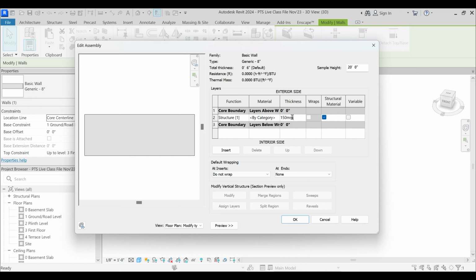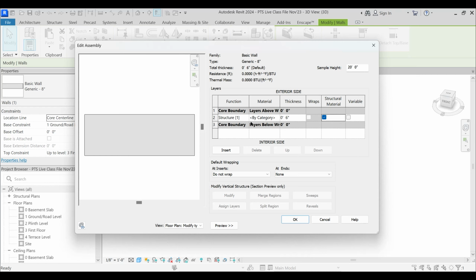So if I just type 150 mm and press enter, it will accept that. But you see that since the conversion is 1 inch equal to 2.54 centimeters, we have this ugly fraction and variables. Fine, but it's not an issue. You can directly enter 6 inches. I was just trying to show you that you can enter mm also if you want it precise.